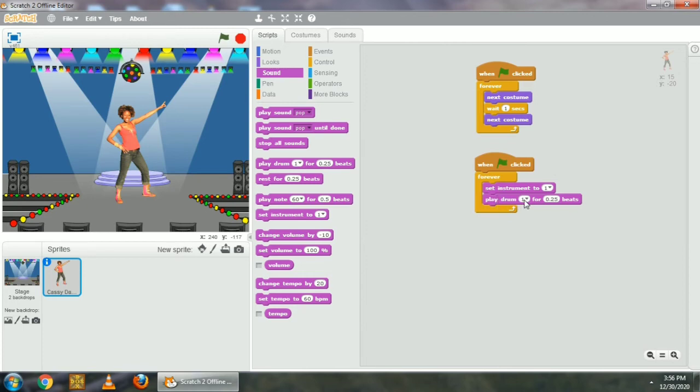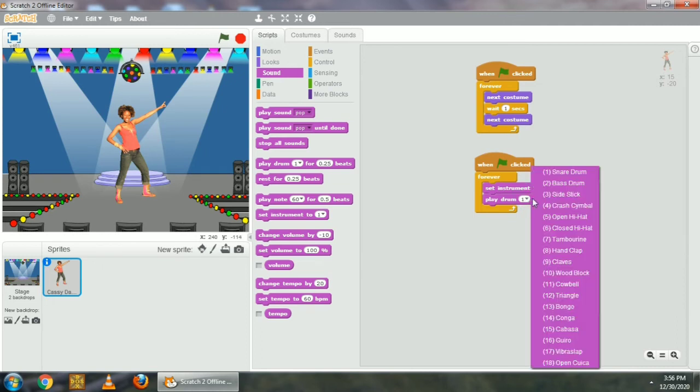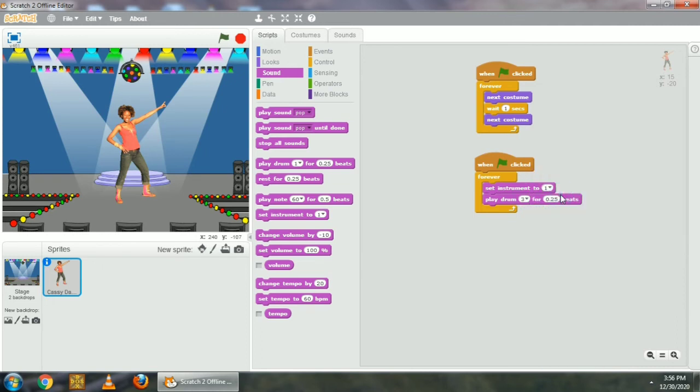We have 21 different notes. So here, for the first one, you have to click on this downside arrow of gray color, as you can see on the screen. Click on this arrow and select 3 from here. Now beats we have to change to 0.2. So click on this and type 0.2 from the keyboard.